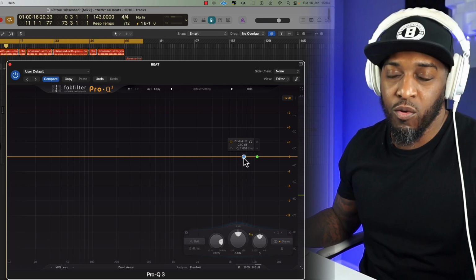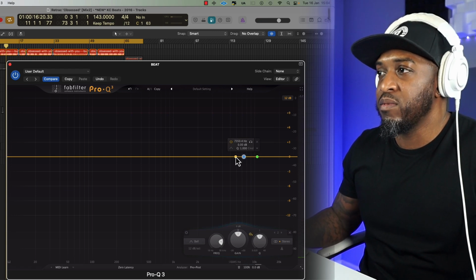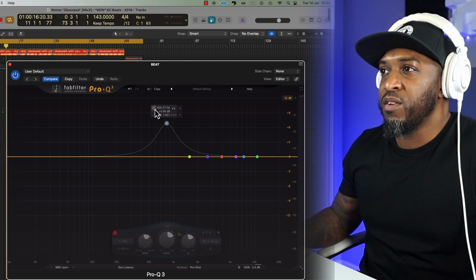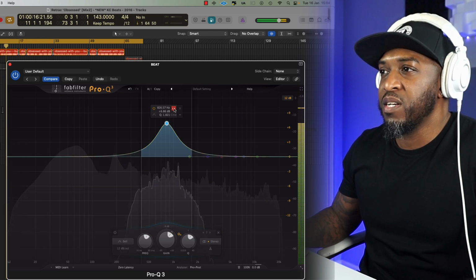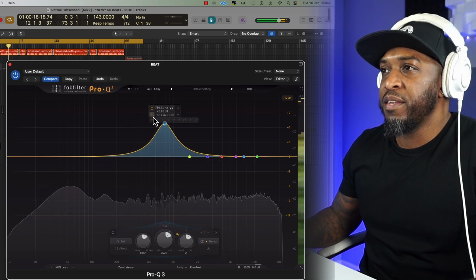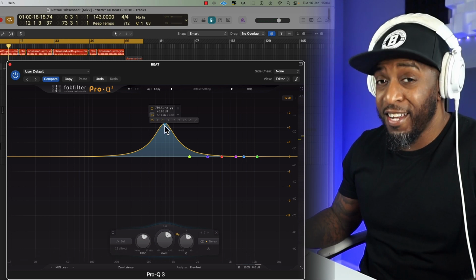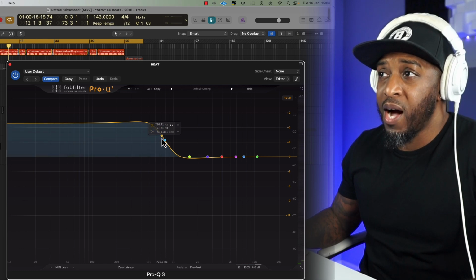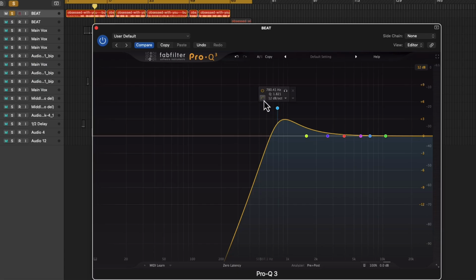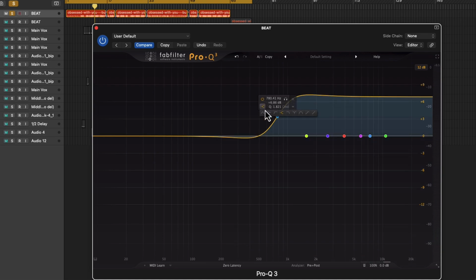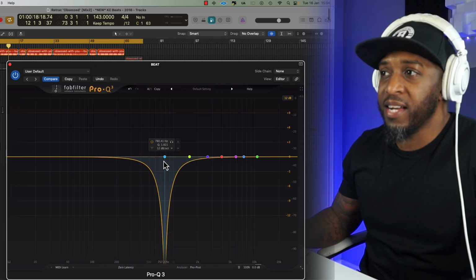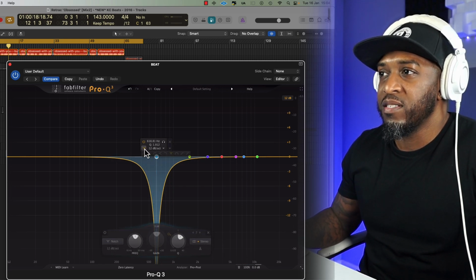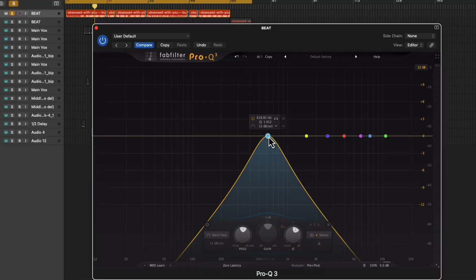So in between low pass and high pass, you can create different nodes. And once you've created a node, you can turn it on and off. You can listen to the specific section. You can change the node that you've just created. So you can make it a high shelf, low cut, high shelf, high cut. That's like a dip type of node frequency. Crazy stuff. And then you've got another notch type of filter,